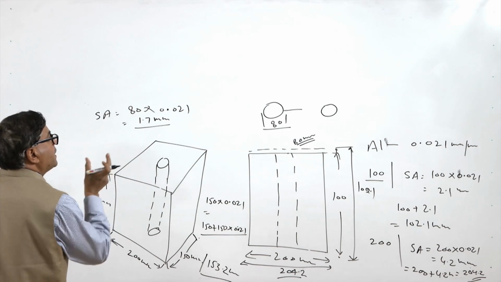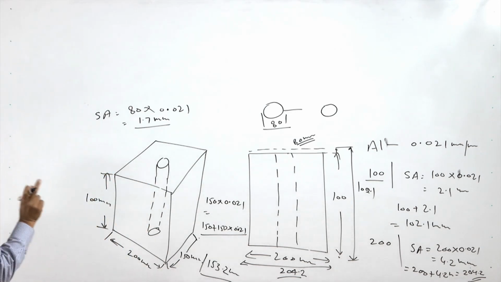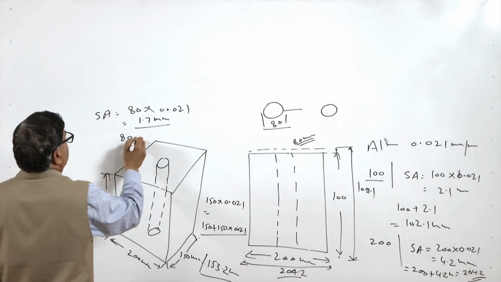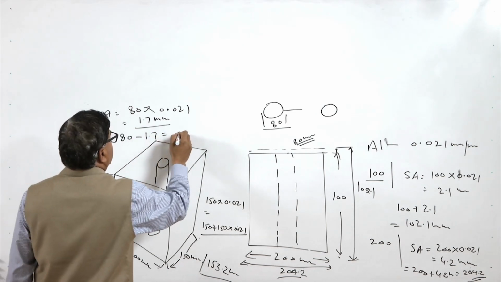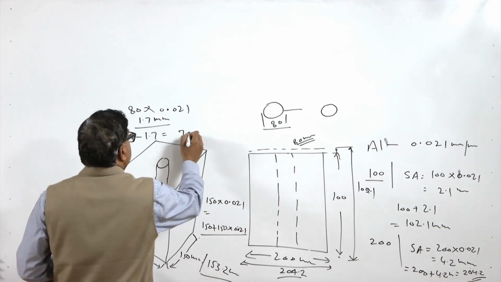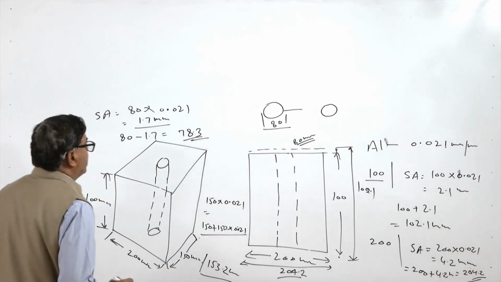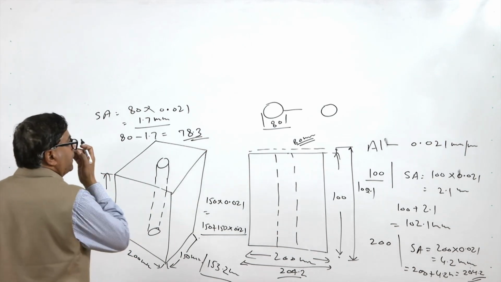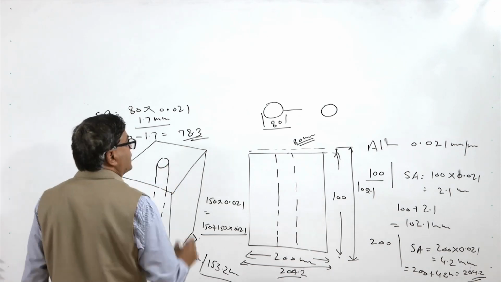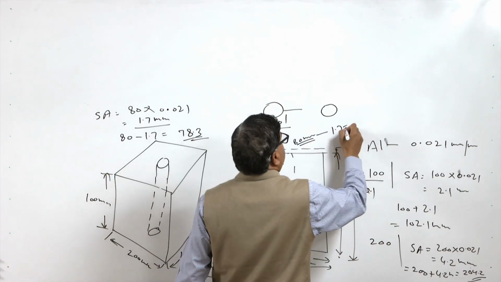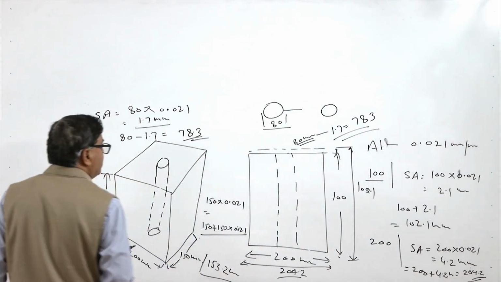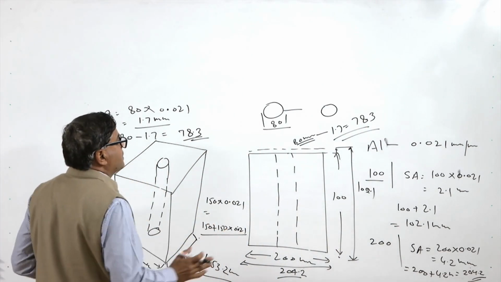So, we need to actually make the pattern smaller in diameter. Why? After adding the shrinkage allowance, 80 minus 1.7 will give us 78.3. So, basically, the pattern which is to be made will have this dimension of 78.3. So, this is added negatively for the internal dimensions, like holes,